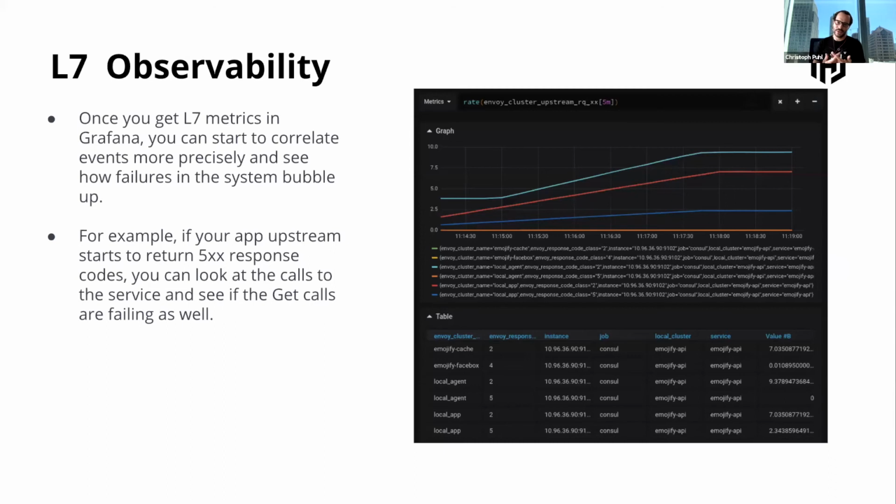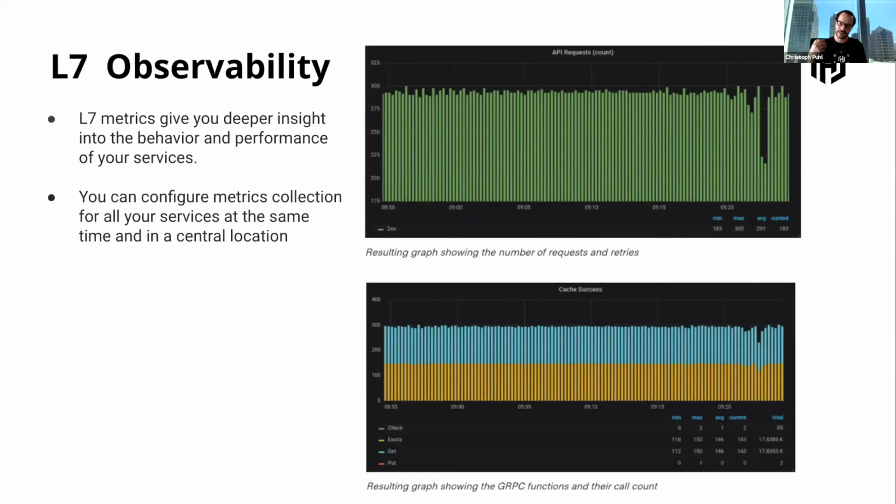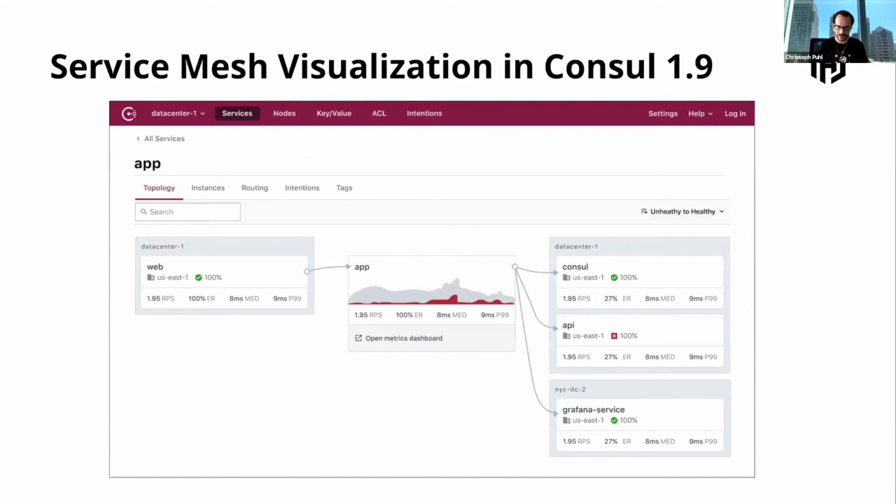Also, we have the capability to configure your distributed fleet of Envoy proxies in a way that you can configure metrics and tracing and put them to Prometheus, make them visible through Grafana, and have all these decentralized components reporting back to your centralized component. Also in Consul 1.9, which is currently already in beta, so you can download it already if you want to test it out,